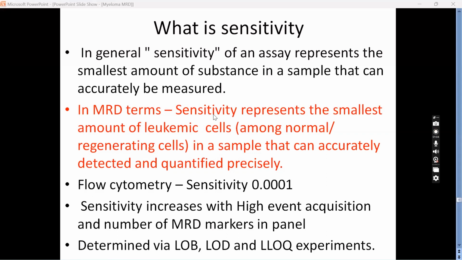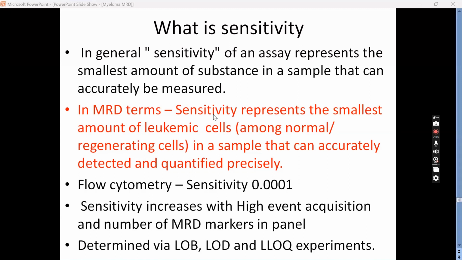But in MRD, what happens is your disease cells or the abnormal cells are reduced so low that it may be around 1 in 1,000 or 1 in 10,000 or 1 in 1 lakh. In such a setting, what is the sensitivity of your assay to pick up that one cell in 10,000 or 1 lakh normal cells? There, the point of sensitivity comes in flow cytometry, especially in high event acquisition analysis like